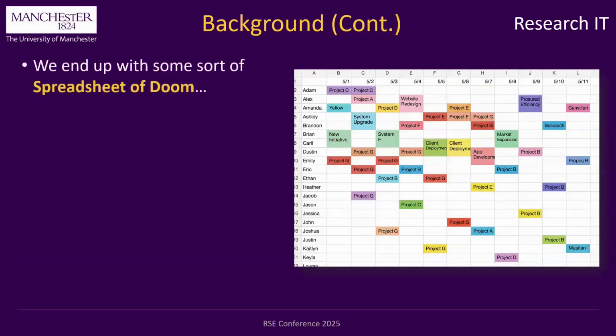So, of course, naturally, you end up building something yourself. You probably start off with a spreadsheet of doom. Again, a very poor attempt by Copilot at giving me a spreadsheet of doom, but this is what it came up with. If our spreadsheet of doom looked like that, I would probably not even have bothered writing the tool, because that's relatively manageable. But the spreadsheet of doom did not look like that,